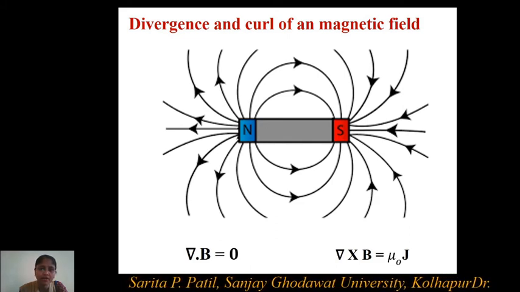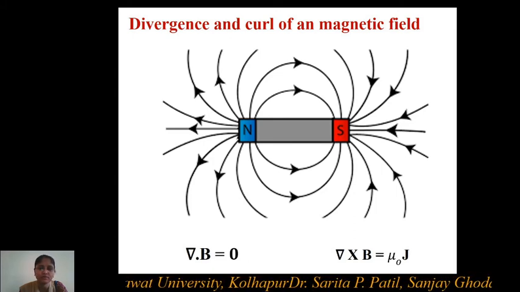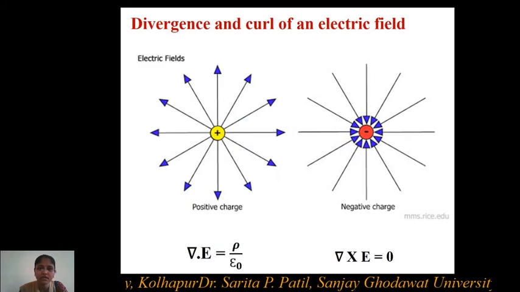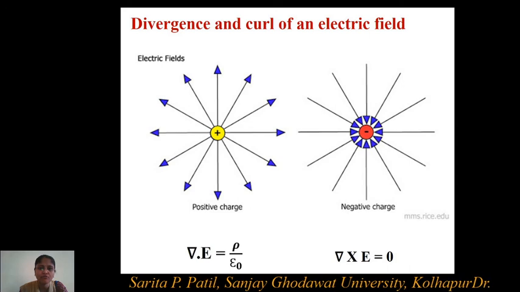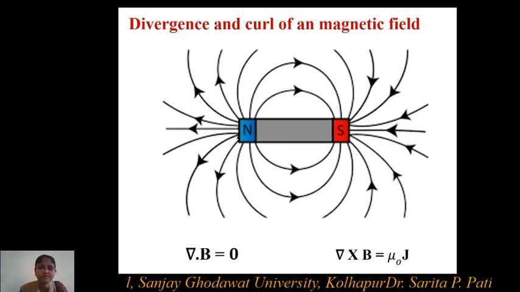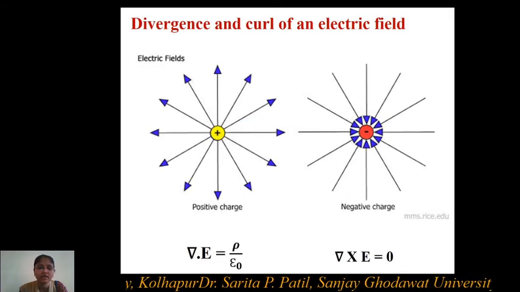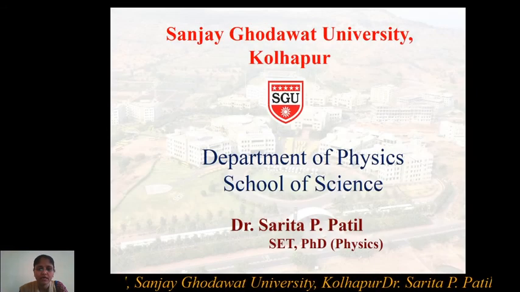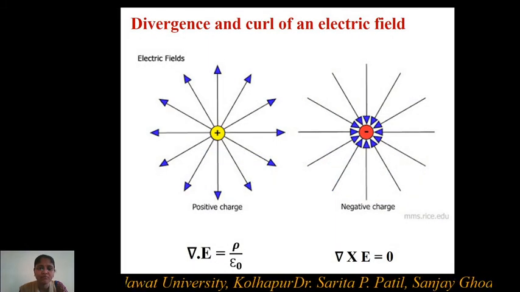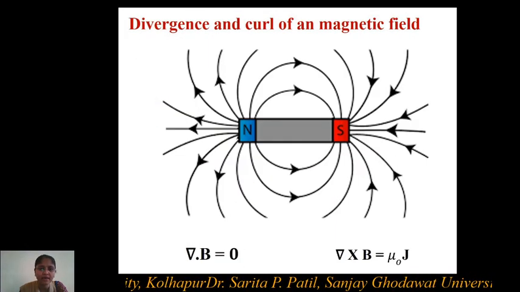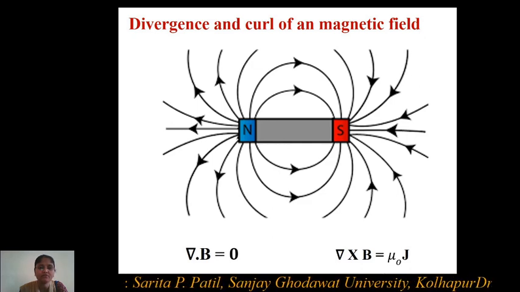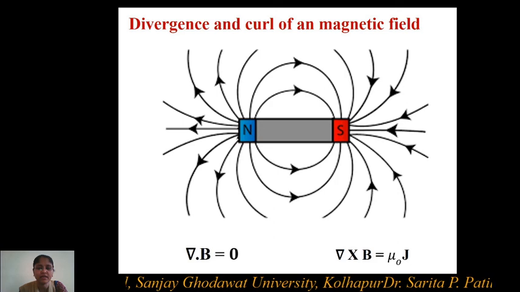However, they are not in a diverging form like electric field, and therefore divergence of magnetic field is always equal to 0. So if we logically think about the electric field lines from static charges and magnetic field lines from the north and south poles, it is seen that the curl of electric field is 0 because these lines never form a loop. However, in case of magnetic field, the magnetic field lines form a loop and therefore their divergence is 0. However, curl of B has a certain non-zero value and is actually mu 0 J.